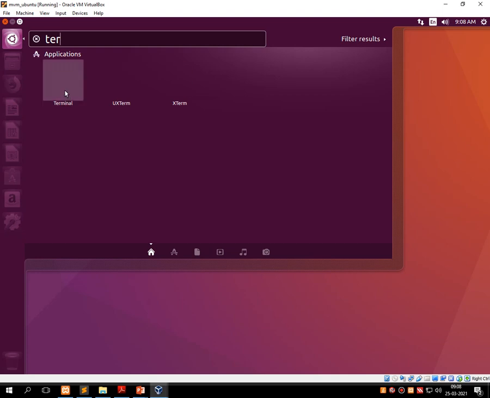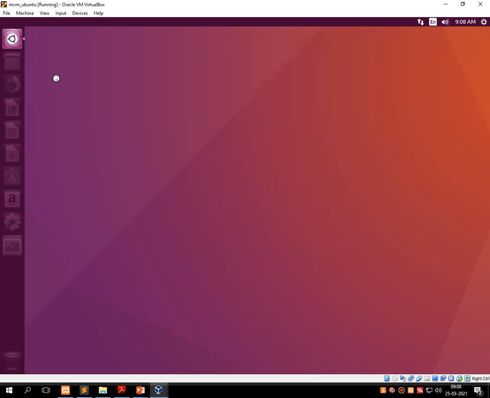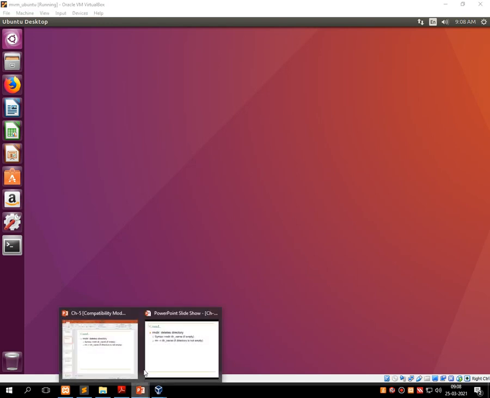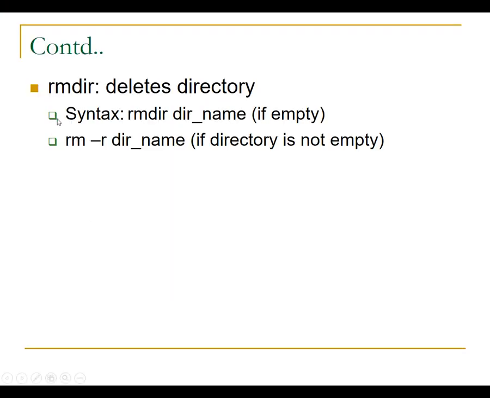It will return a desktop icon like this one onto the screen. Just click on it once. Within a few moments it will load the terminal window. Till then, let's start with the theory of the further commands.